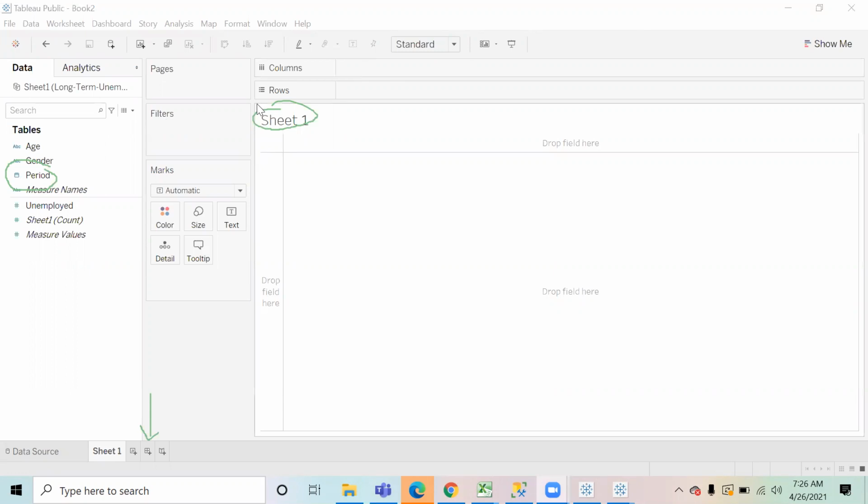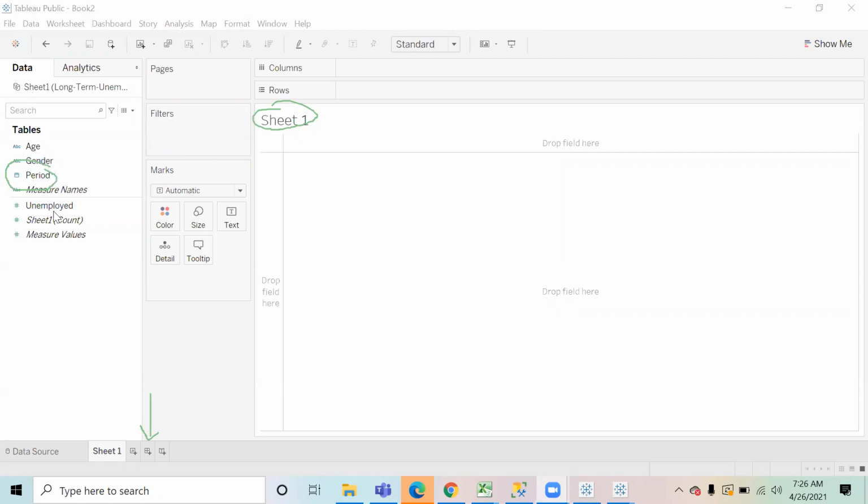Whenever you have to do time series analysis, can anyone tell what type of chart we should create? Right, Harshal, that is a line chart. So we should be creating a line chart if we have to do time series analysis. Tableau is a smart tool. By default, Tableau is going to create a line chart for us. Let us see it.